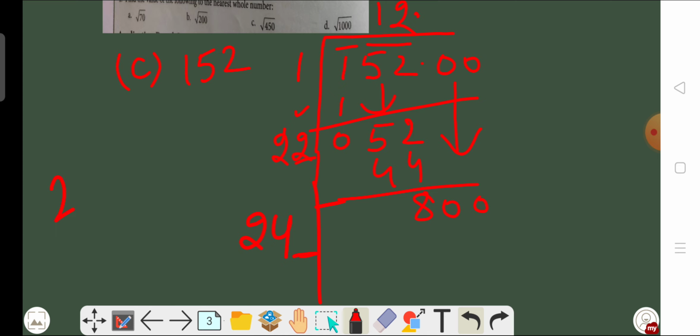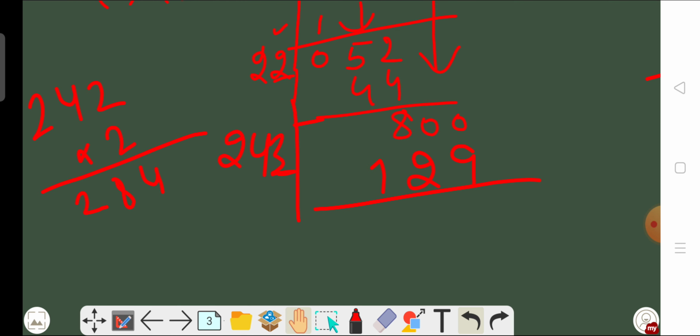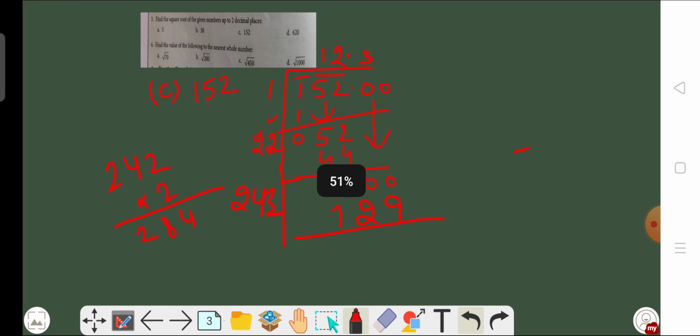Okay. So if we put 2 here, then we have 4, 8, 2. This is smaller. If we put 4 here, then we have 9, 7, 6. This is greater than 800. So what do we have to put here? We have to put 3, beta. So here is 3. This implies the quotient is also 3 this time. So 3 3 are 9, 3 4 are 12, and 3 2 are 6, and 1, 7. After that we are left with remainder 1, 7.